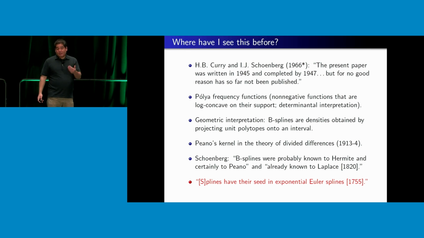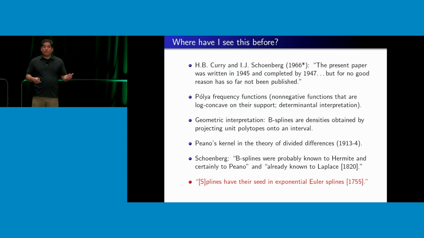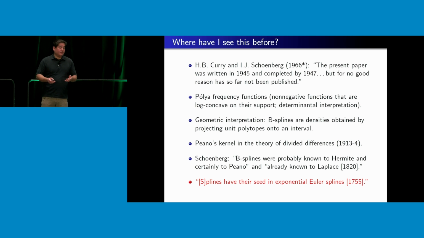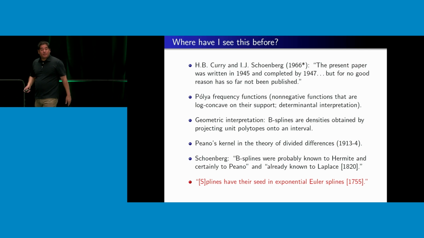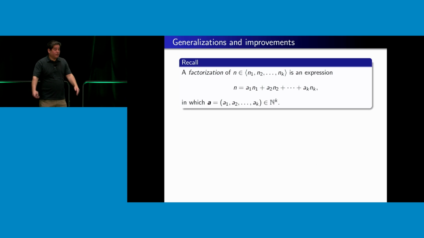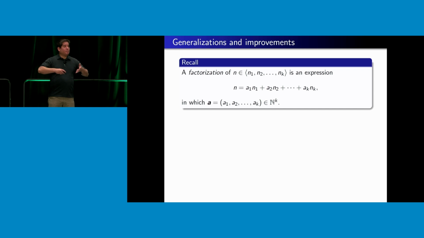I kind of suspect that had Curry and Schoenberg been interested in numerical semigroups, they would have been able to get our theorem using totally different methods. And it may, in fact, be buried in some paper of theirs. So different route, but now we're going to go in some different directions here. So let me first tell you about a couple improvements or different directions you can go here.